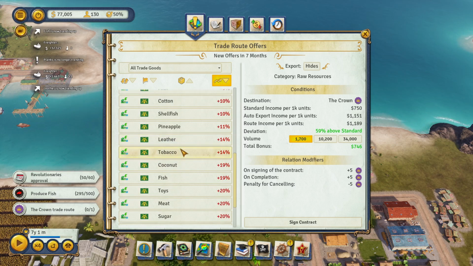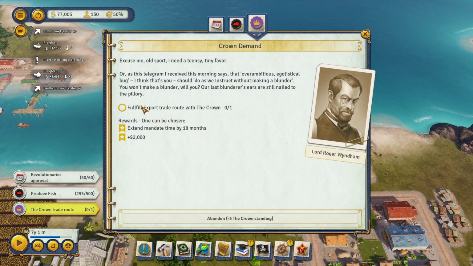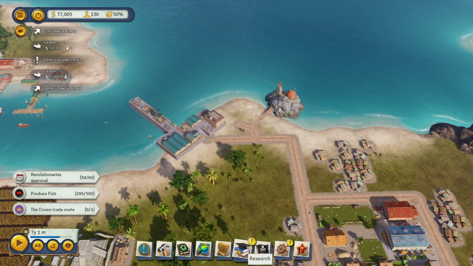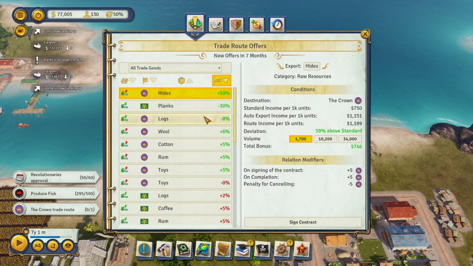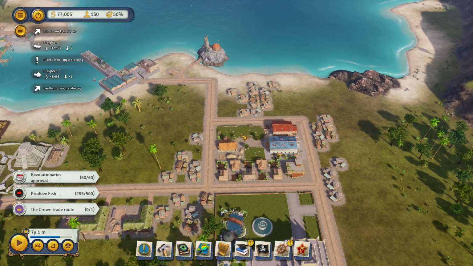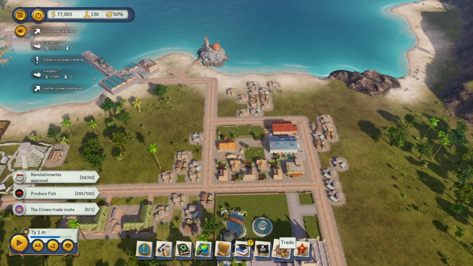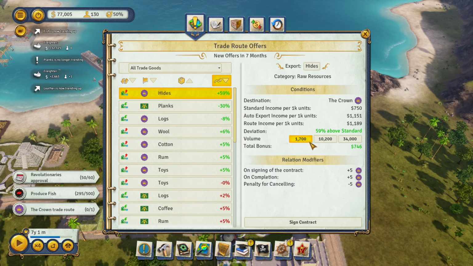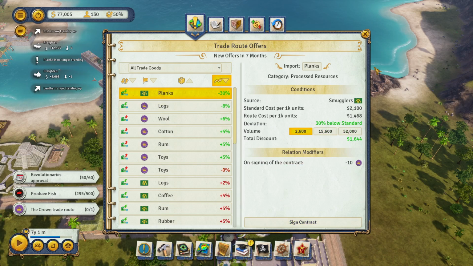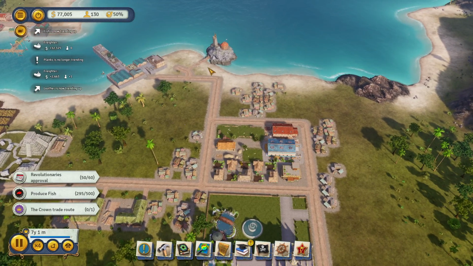Well, I have the choice between either... He did specify an export, right? Yeah, he did. Okay. All right, Roger. I'm guessing I have hides. Yeah. So, he's going to get hides. I like doing the smaller trade routes because...